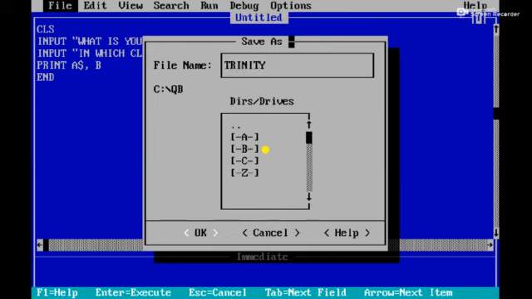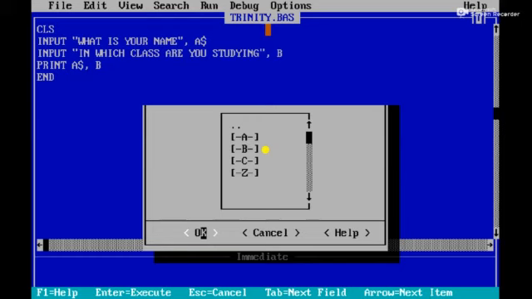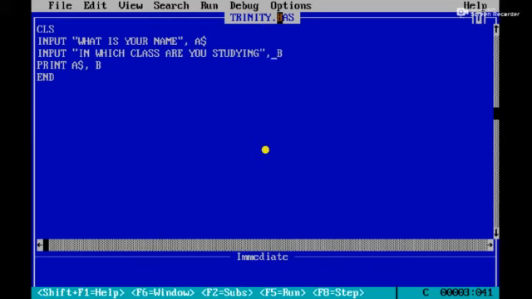For example, I am going to use our school name. After giving the file name, at last you have to click the OK button. Immediately the file is saved with the extension .bas. The QBasic extension is what? .bas.